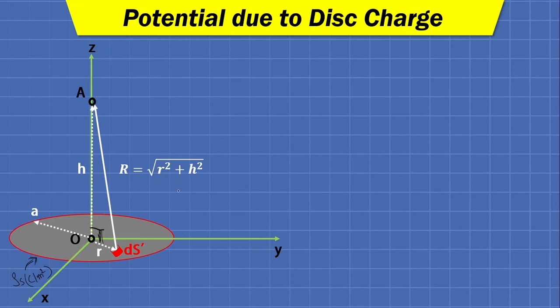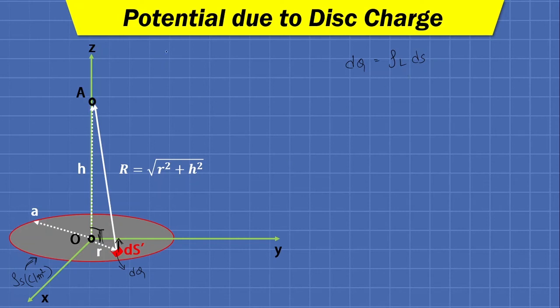The fundamental logic behind the derivation is the same that we have discussed up till now. The only change will be in the process of integration, because surface integration will be performed, and surface integration, as you know, requires double integration. So let's quickly derive all the things. Here the small charge dq on this ds prime we can write as rho s into ds. Now this ds is in the direction of z, as you can see.